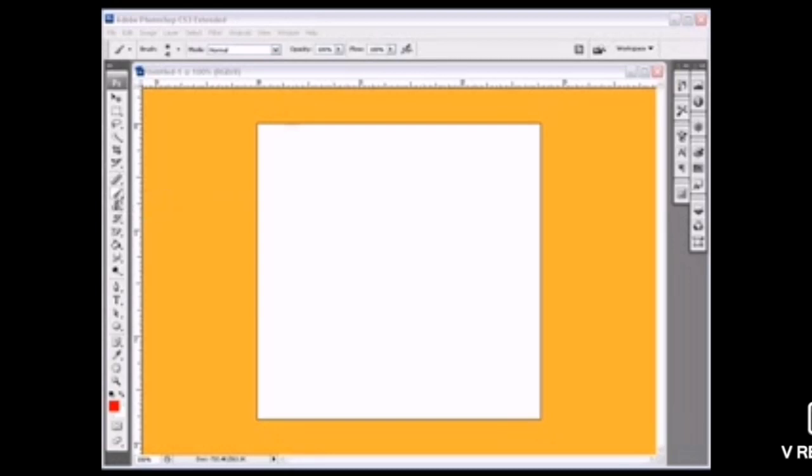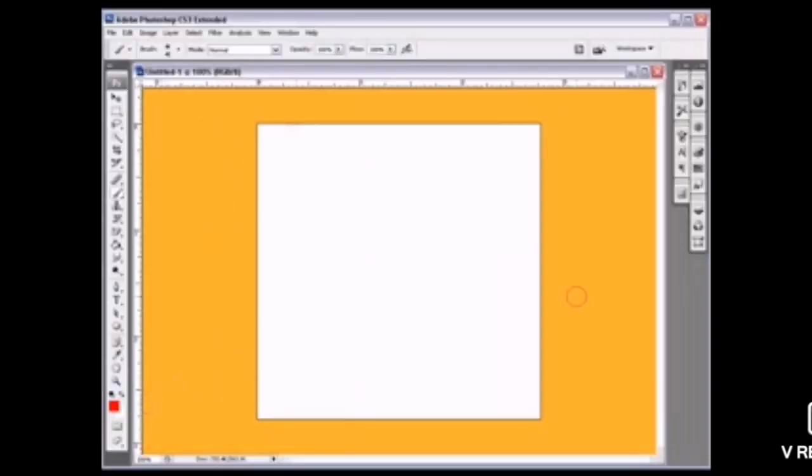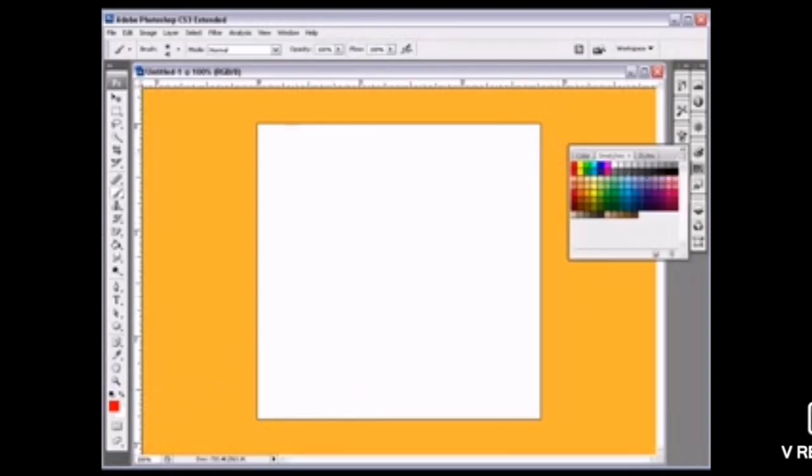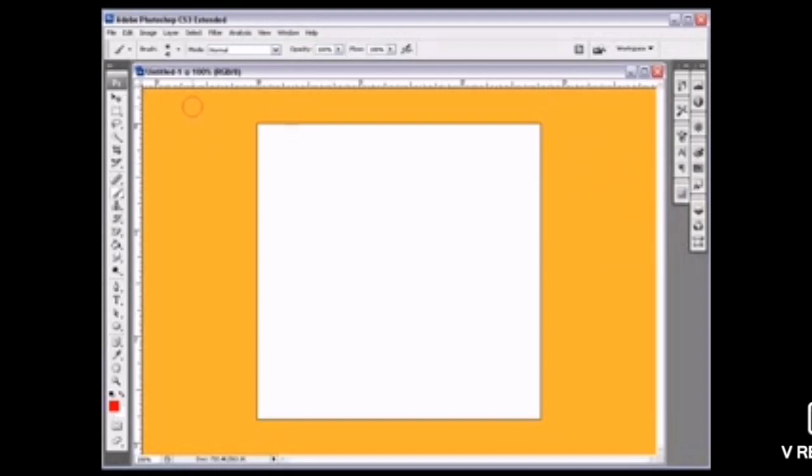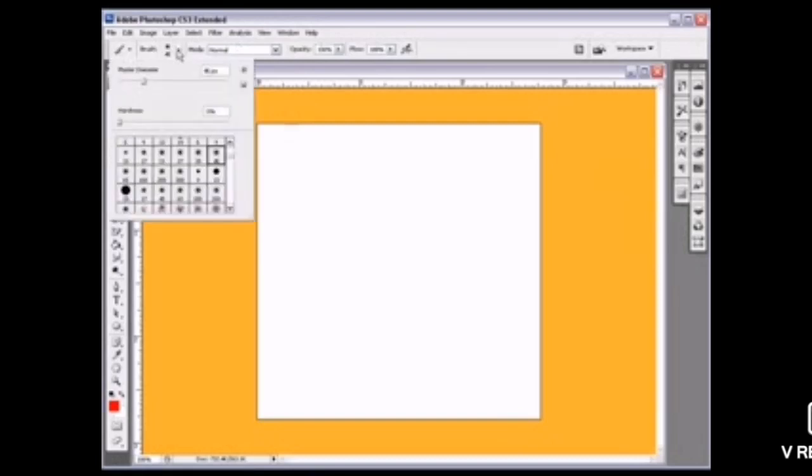Now see here. Here I can find the brush tool. Once I select the brush tool, see here. I am zooming in one more time so that you can see it. I have red and white color, red as foreground color and white as background color. If I want to change it, I can change it through colors according to us. So in the context menu, I have different options present for the brush tool.